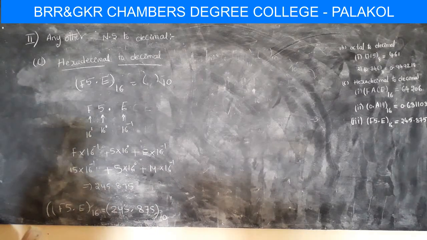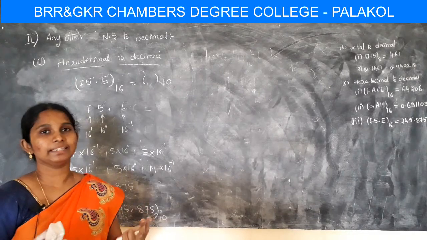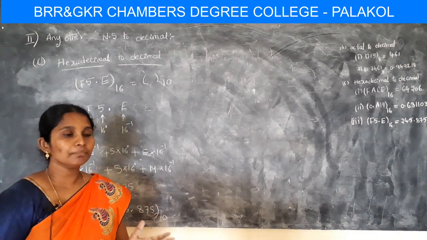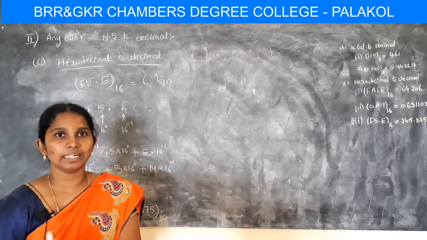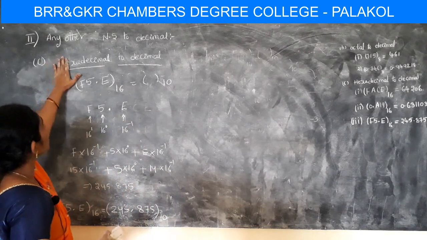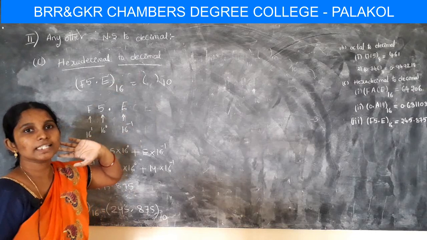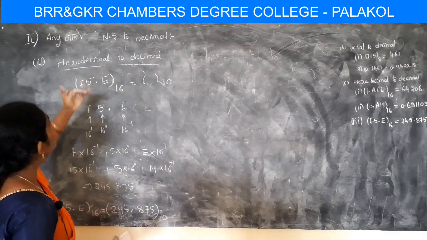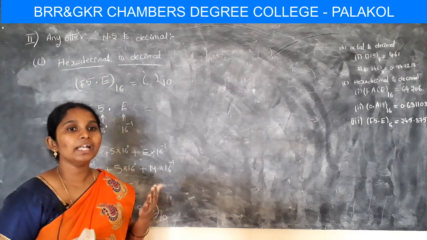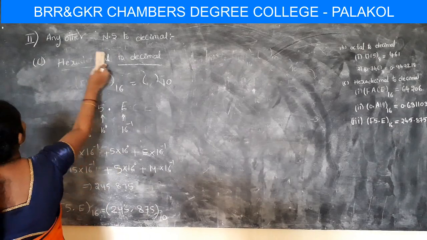So up to now I have covered two methods. Those methods are how to convert a decimal number into any other number system, and how to convert any other number system to a decimal number system, okay. So by using these two methods we have to implement the third method, okay. So now we will go to the third method.